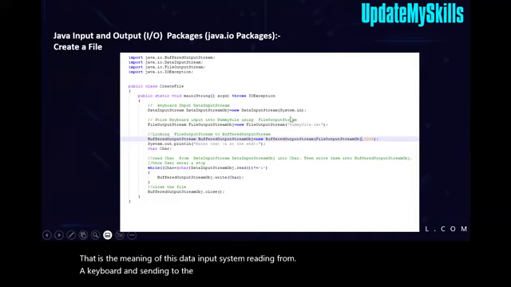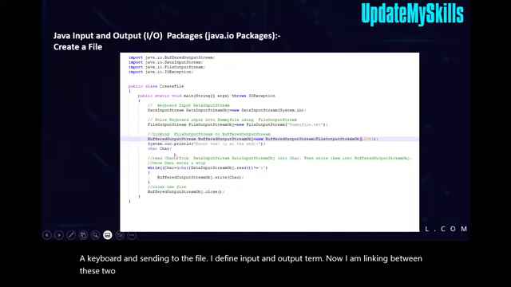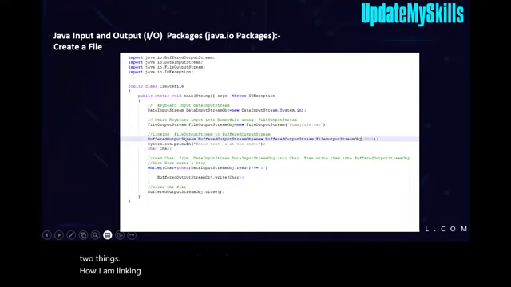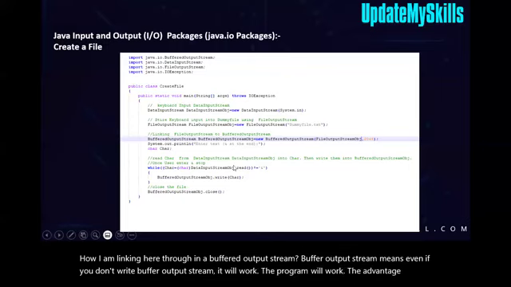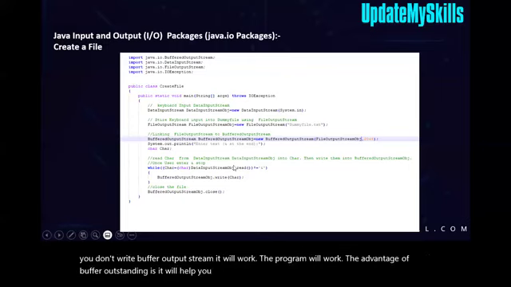I define input and output now. Now I'm linking between these two things. How am I linking here? Through a buffered output stream. Buffered output stream means even if you don't write it, the program will work. The advantage of buffered output stream is it will help you, because reading is happening